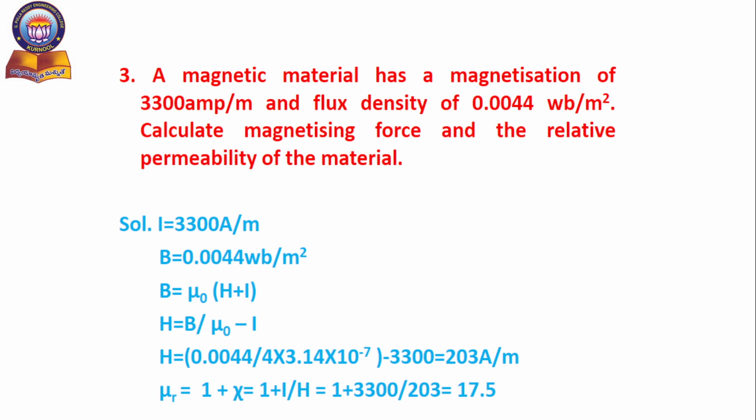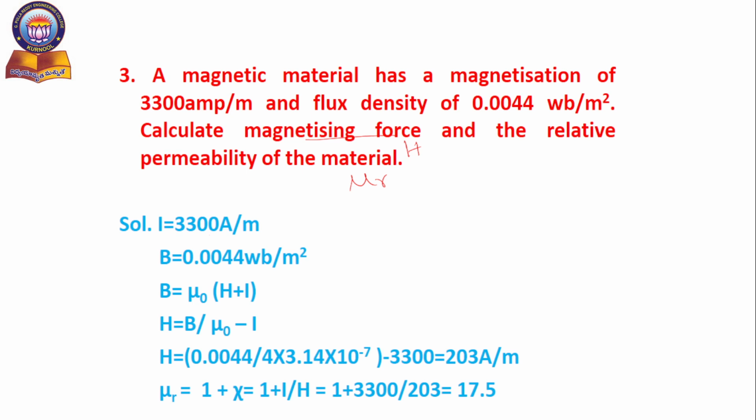Next, the third problem: a magnetic material has a magnetization of 3300 ampere per meter and flux density of 0.0044 Weber per meter square. Calculate the magnetizing force and the relative permeability of the material. Here also two values we have to find out. Magnetizing force is H and the relative permeability is mu R. In the problem, the values given are I, intensity of magnetization, 3300 ampere per meter, and flux density B equal to 0.0044 Weber per meter